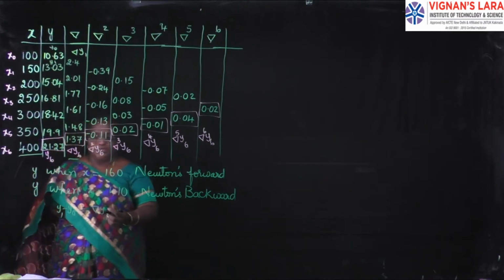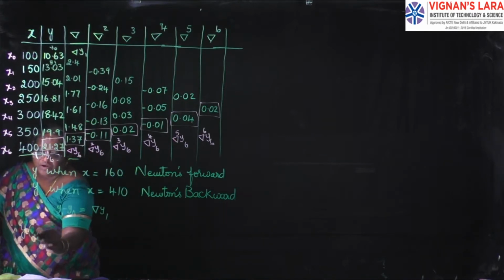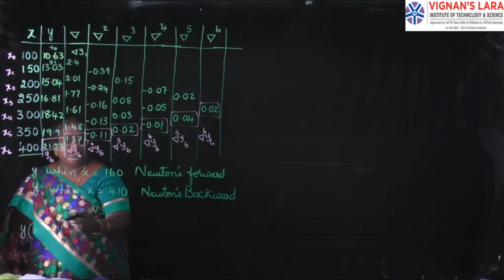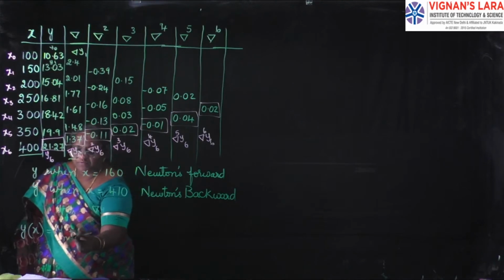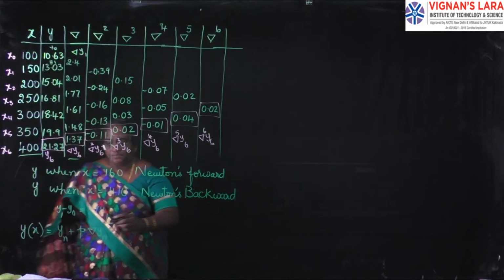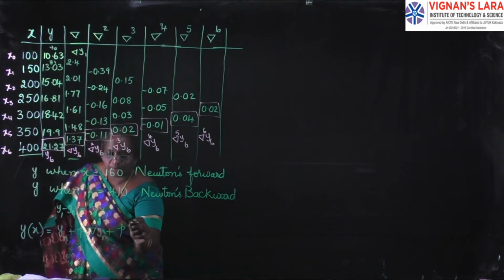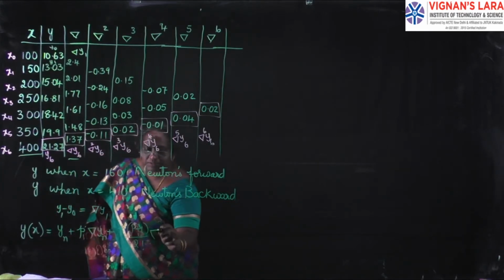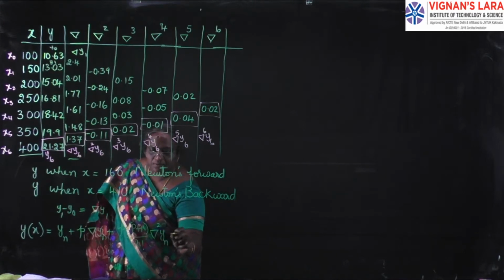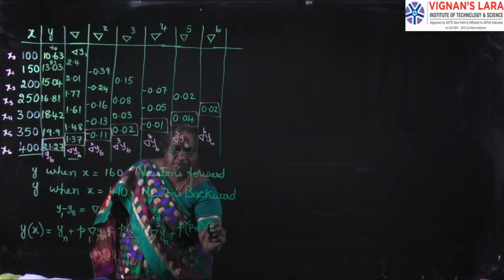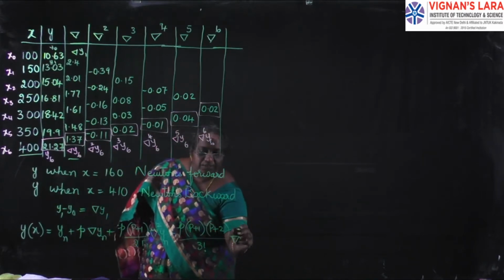So what is Newton's backward interpolation formula? Y of x is equal to yn. So here in Newton's forward we have written all suffixes as y0. Now we write yn plus p into first backward difference of yn, next p into p plus 1 by 2 factorial into second backward difference plus p into p plus 1 into p plus 2 by 3 factorial into third backward difference